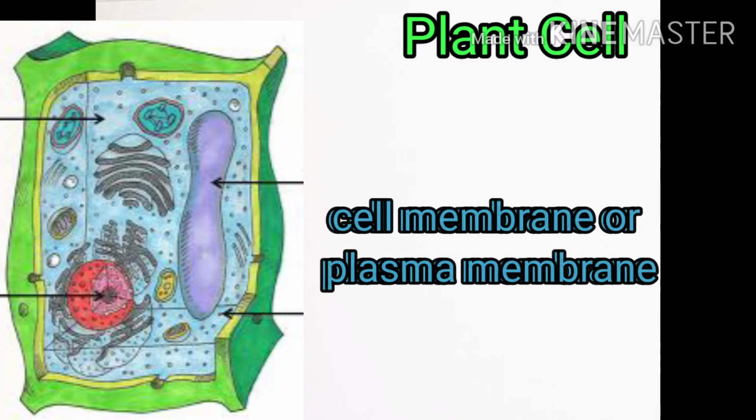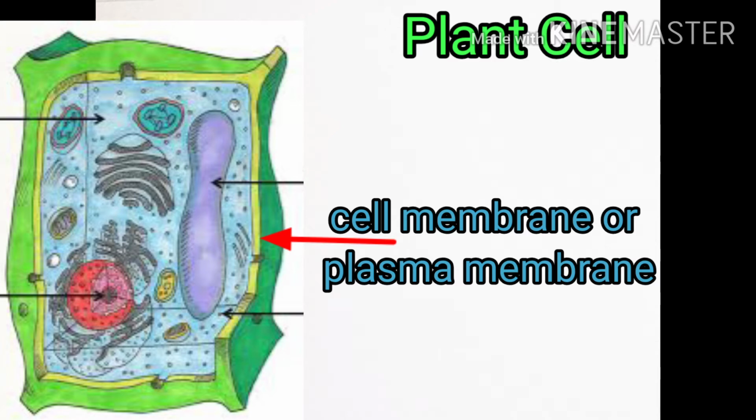Next component is the cell membrane, which is also known as the plasma membrane. It is the differentially permeable cell surface responsible for the control of solute movements between the cell and its environment. It is flexible enough to move close to or away from the cell wall as the water content of the cytoplasm changes. The membrane is also responsible for the synthesis and assembly of cell wall components.